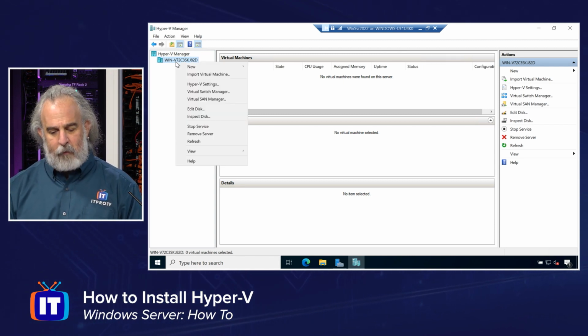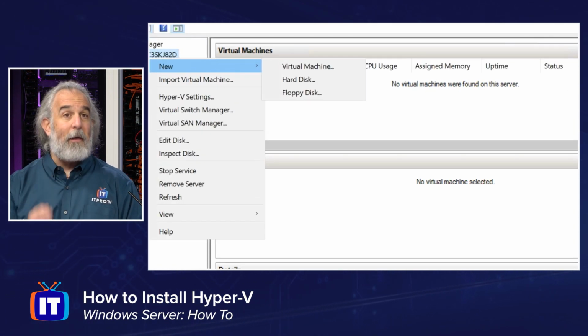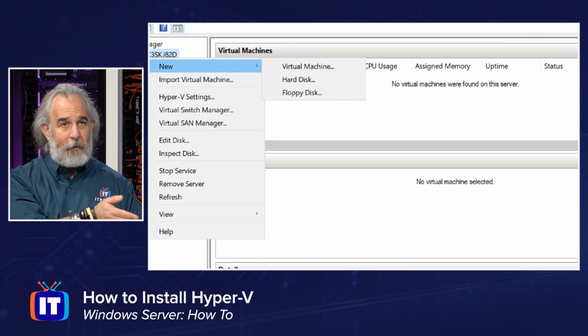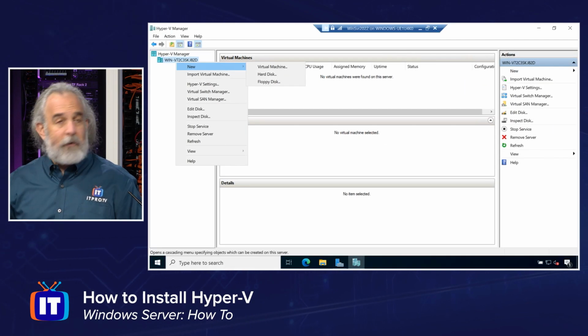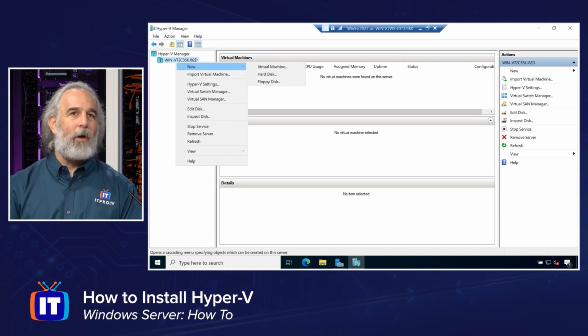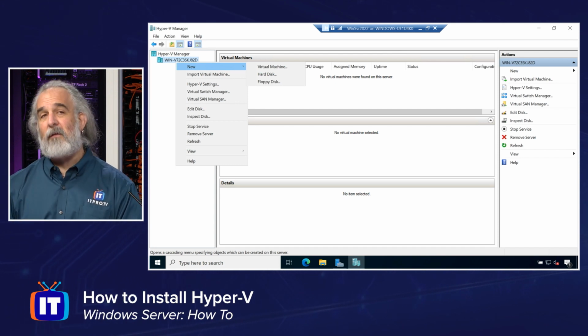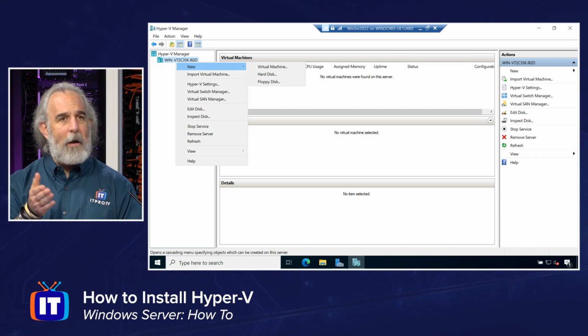And if we wanted to, we could right-click, create a brand new virtual machine, or anything else we want to do with Hyper-V is available to us all right here, just like it would be, in my case, running on Windows 11, where I created the Hyper-V virtual machine that we're working with, and we use nested virtualization to make this additional installation and configuration of Hyper-V possible.